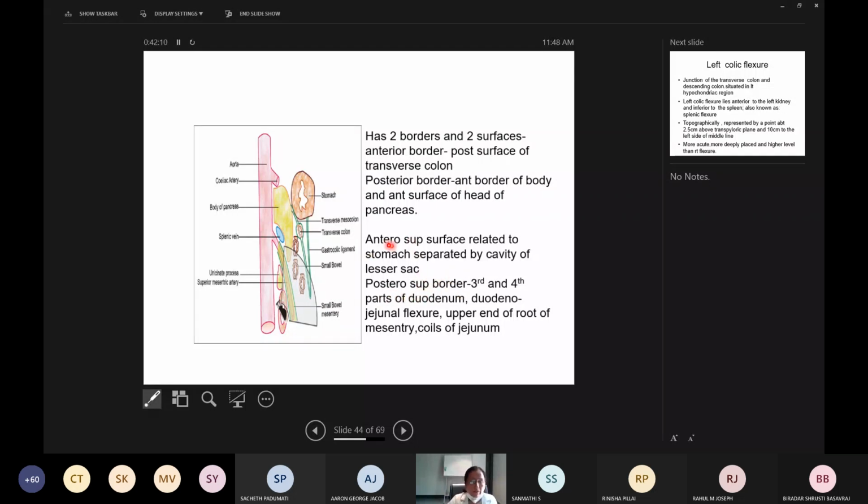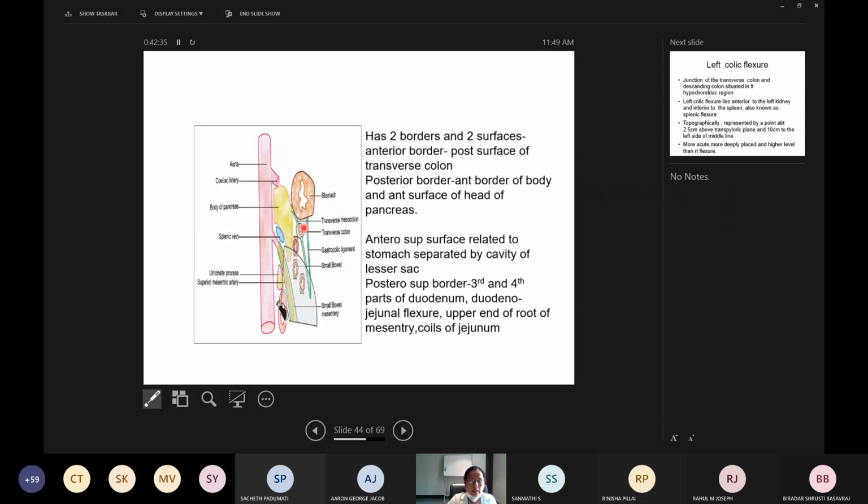There are two surfaces. The anterior superior surface is mainly related to the stomach, which is separated by the cavity of the lesser sac. So this is the stomach, anterior superior surface. The posterior and inferior surface will be mainly related to the third and fourth part of the duodenum, the duodenojejunal flexure,